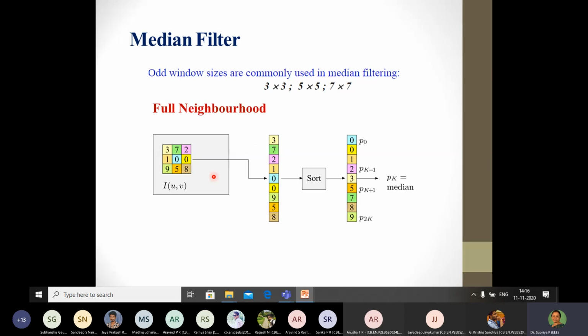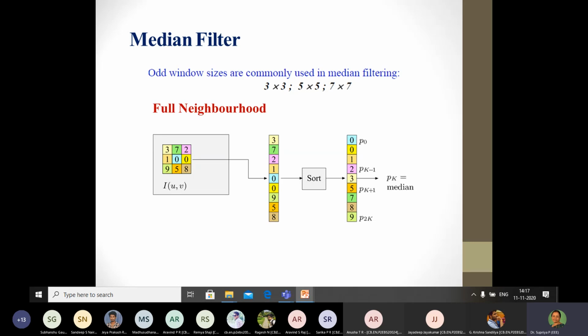In the full neighborhood, the entire image values are considered. Please note here, only values from 0 to 9 are considered, though you might ask why we have not considered other grayscale values. This is just for understanding. What is generally done is that these values are written as they appear, they are sorted, and then they are replaced in their respective places. So each median value is going to be placed in the central position.